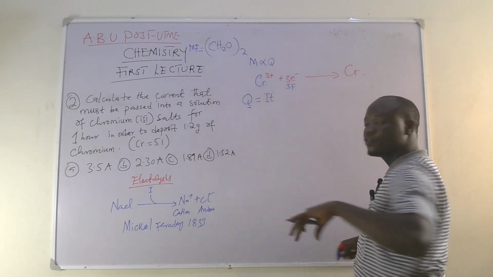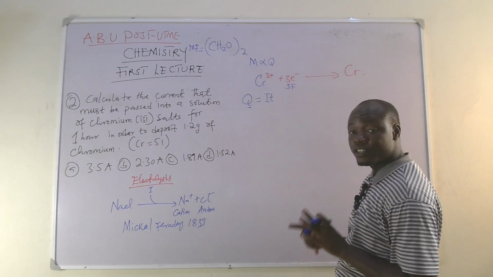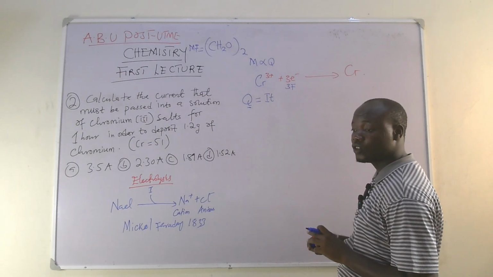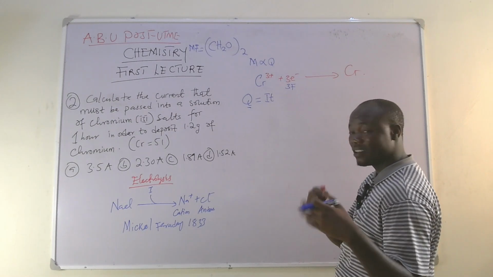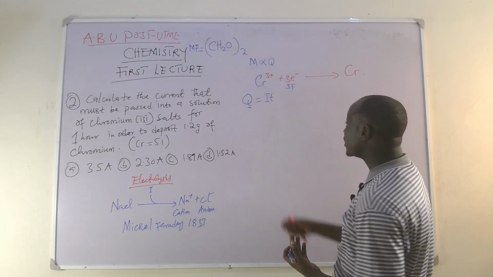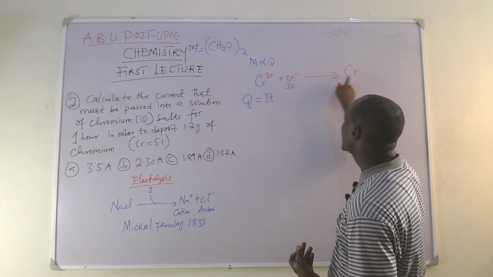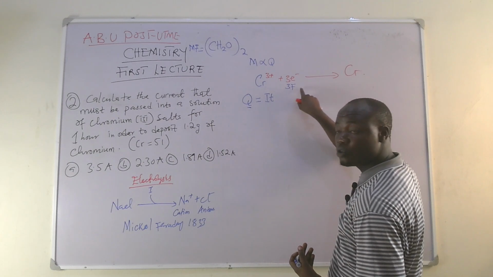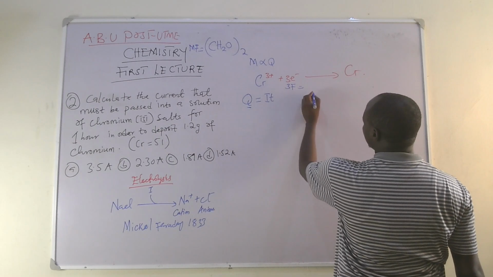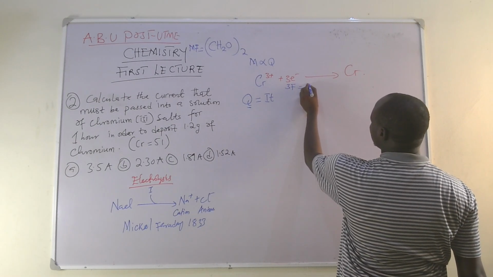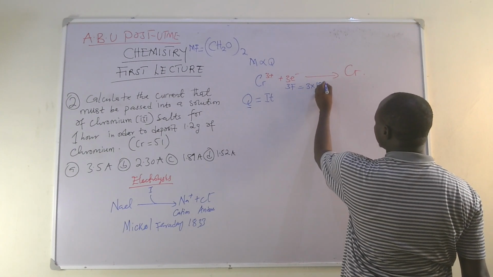The number of Faraday depends on the number of electrons received, or gained, by a particular ion to become neutral, or by a particular element to become neutral. Here, because chromium accepts 3 electrons to become neutral, it means it's going to be 3 Faraday. And of course, 1 Faraday is something as